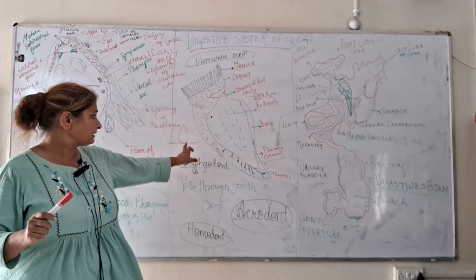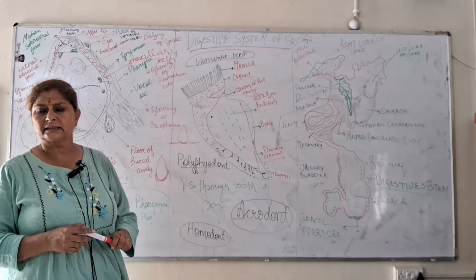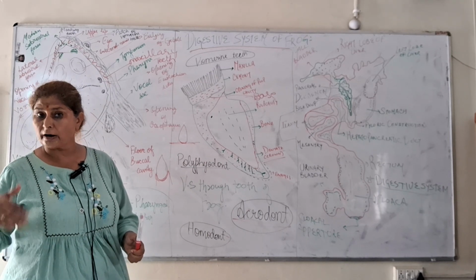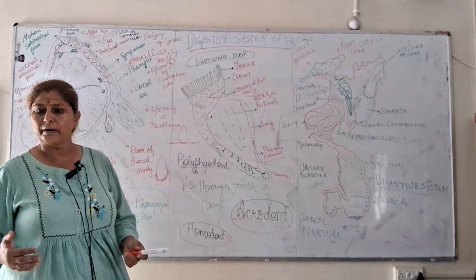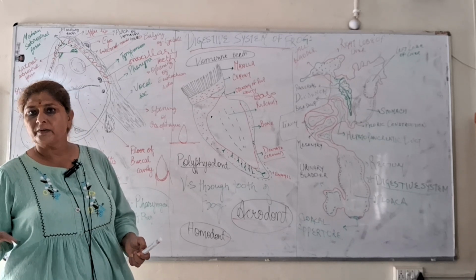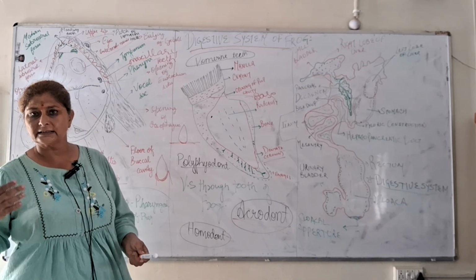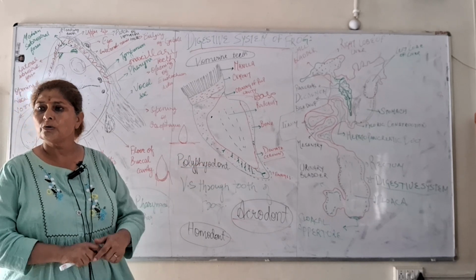But this enamel, that is the hardest tissue. Hardest meaning inorganic material is more than the organic material, like calcium, phosphorus. These things are abundant in number as compared to